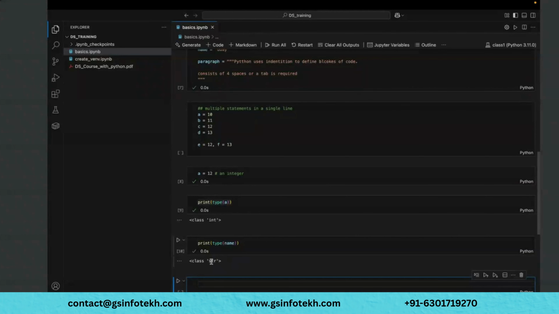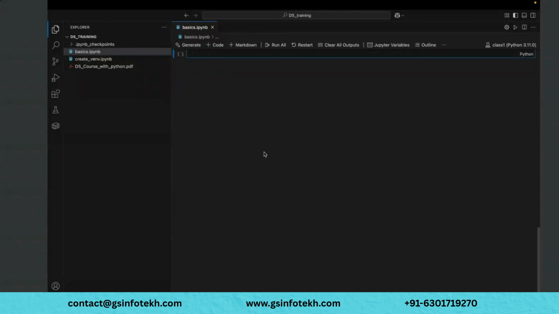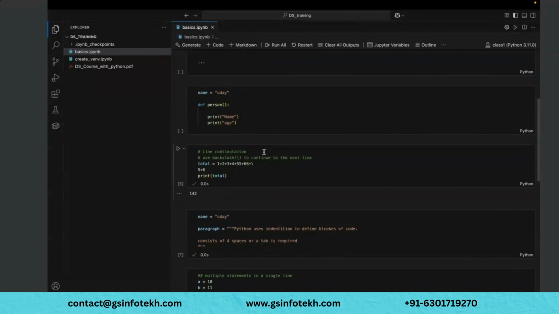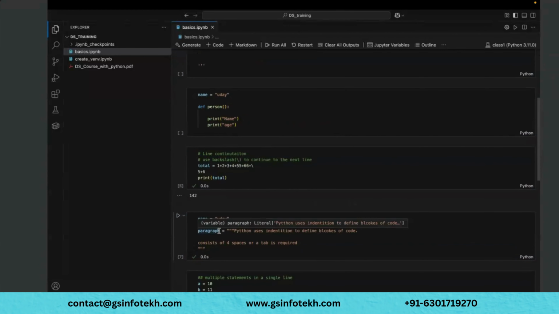So these are the basic things you need to understand about Python: comments, definition of the syntax, basic syntax rules, common errors. If you do not follow any kind of indentation, you will get a common error, right? Then we'll go into a thing called